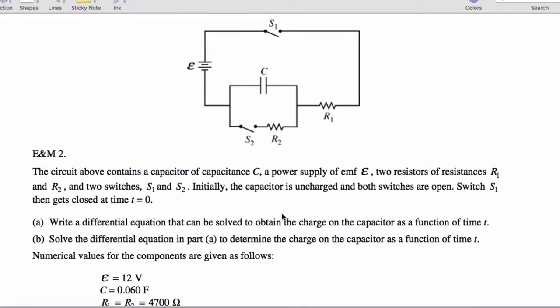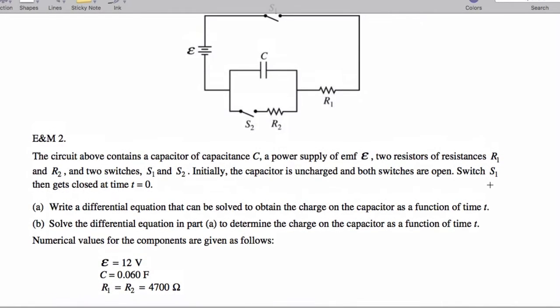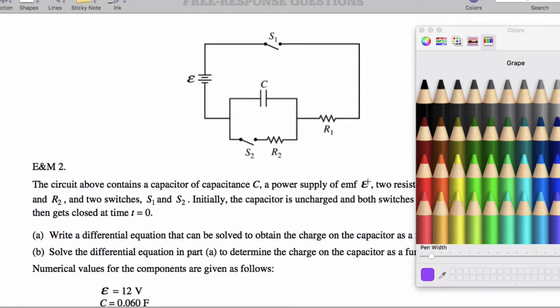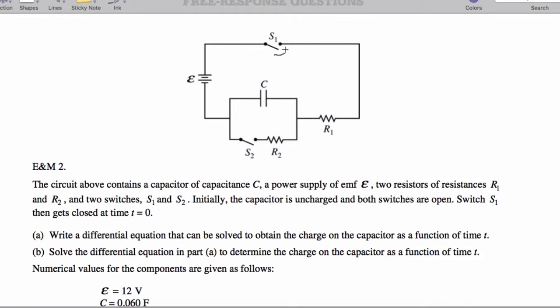I wanted to make it a point to run through the 2006 AP Physics problem that I assigned for homework. So let's just begin. It says write a differential equation that can be solved to determine the charge on the capacitor as a function of time after S1 is closed. So we're going to go ahead and close this switch like that,